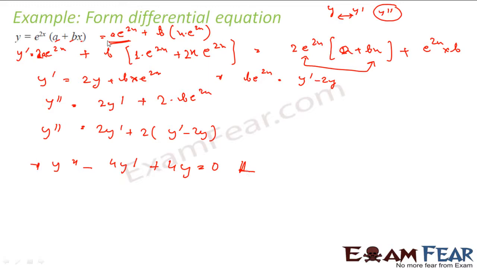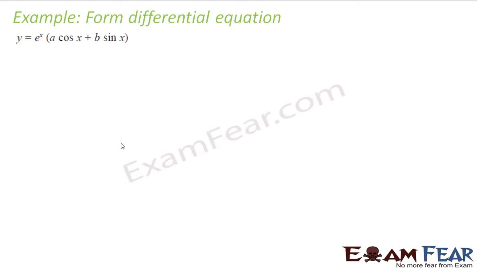Now a different question. It's an easy question only. We have y, we found y dash, we found y double dash, and then using these two equations we found the value of b, right? And then place it here, and this is my final equation. We'll take one more example. So here also we have two variables a and b. So that means you have to find y dash and y double dash. That's for sure. So let's do that first, and then we'll see how we can find the final equation.